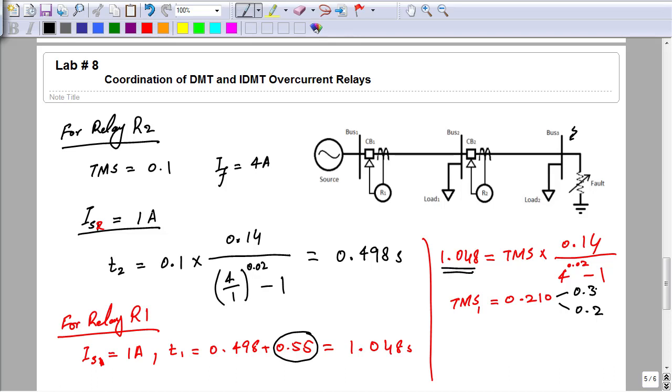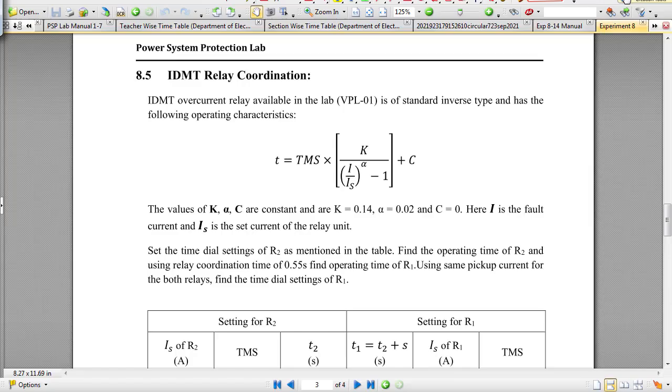So now here, if we round it up towards 0.3, what should be the change in our I set current that will give us the same value of operating time? Do we have to increase the set current or decrease the set current? If we look at the formula here, we will now see the relationship between the TMS and the set current if the operating time is constant.